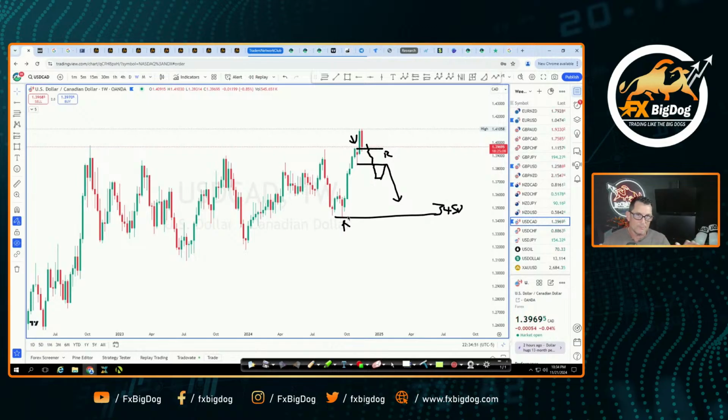That's why I'm not too concerned at the moment right now. I'm going to look for price to break there. That's what I'm looking for. I'd like to see price do that. Are we going to get it this end of the week? I don't think so. Maybe we could. We'll have to wait and see. You got to stop trying to guess what the markets are doing and just trade on what the market's given you. All right, traders, I'm telling you right now, there's a lot of good stuff that I'm going to see.